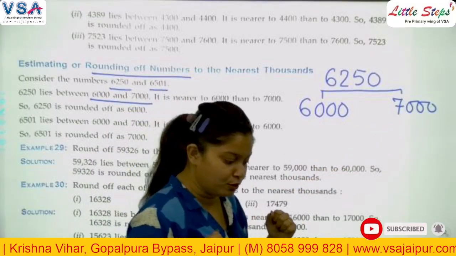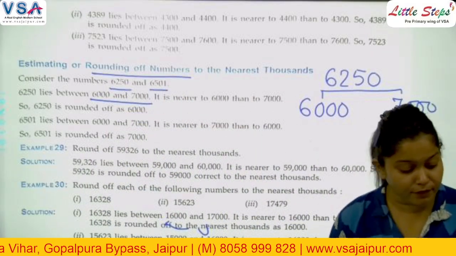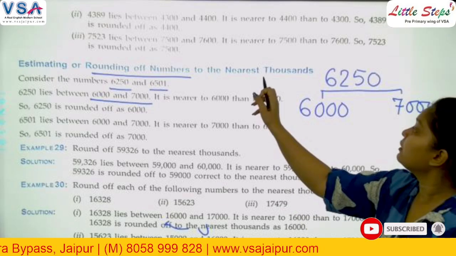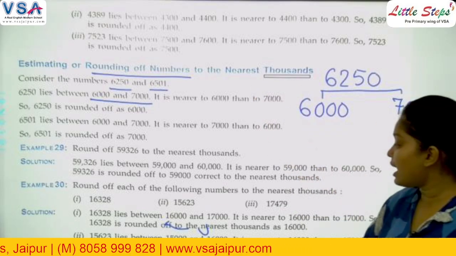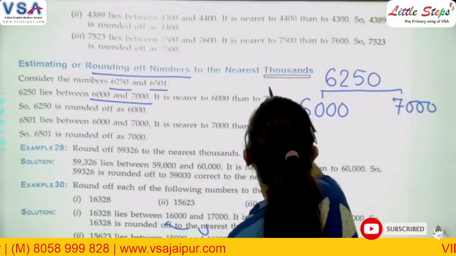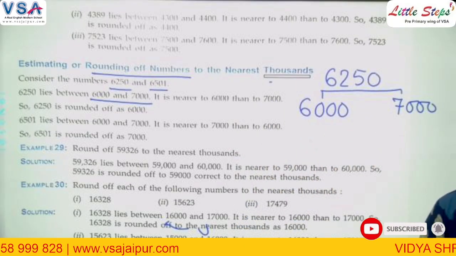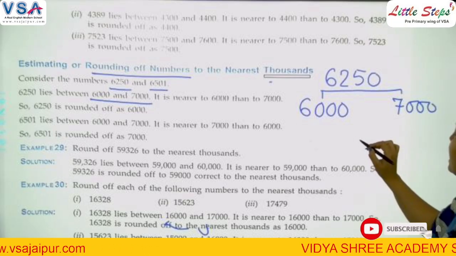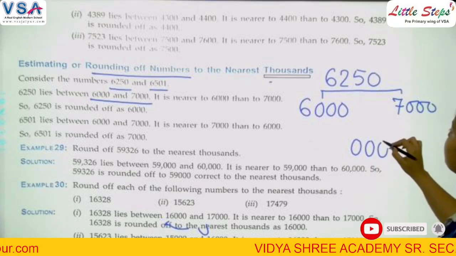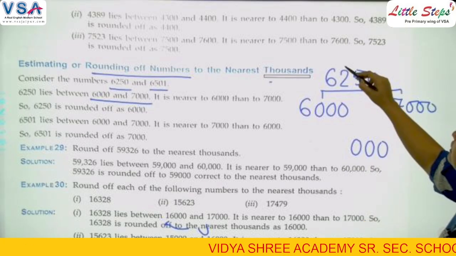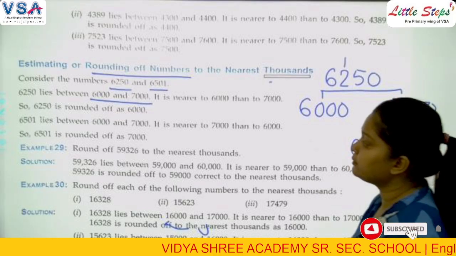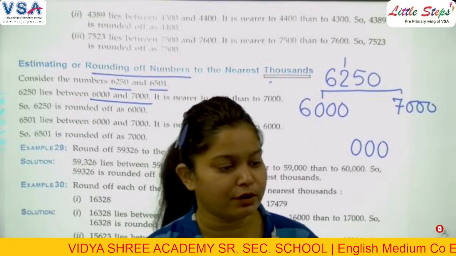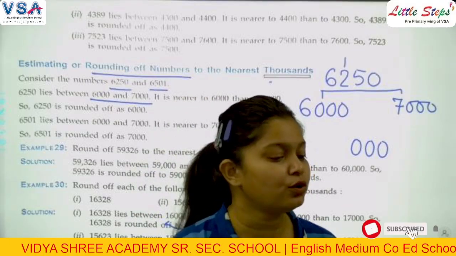Now what we have to do? We have to round off. How will we do this? First of all, we have to round off with 1,000. So how many zeros are there in 1,000? We have 3 zeros. Clear? Now we have to round off at the third place. The third place is 2. If we have 1, 2, 3, 4,